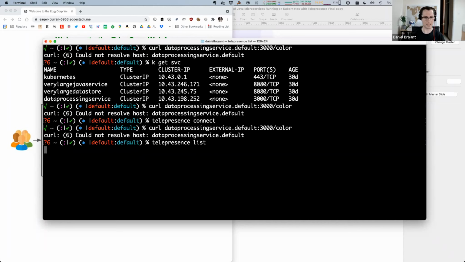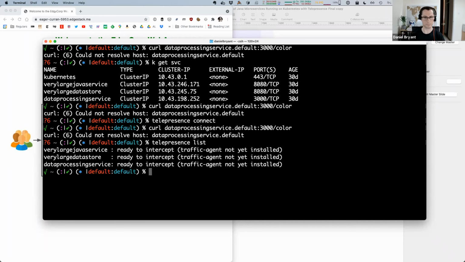Do telepresence list. So I'm not sure what should have happened there. I should be able to curl into the cluster as if I was in the cluster. So I'm trying to curl the data processing service, default namespace, port 3000. I'm really not sure. You know what? Let me just,